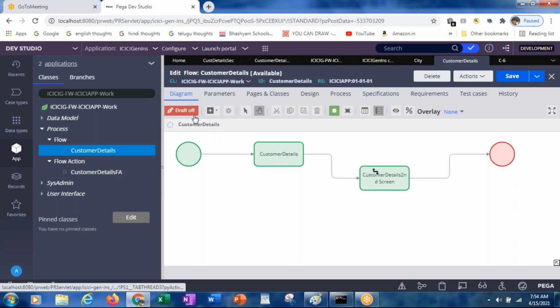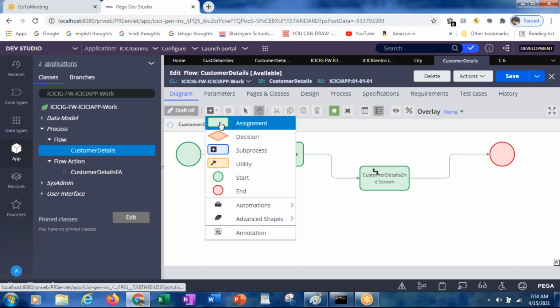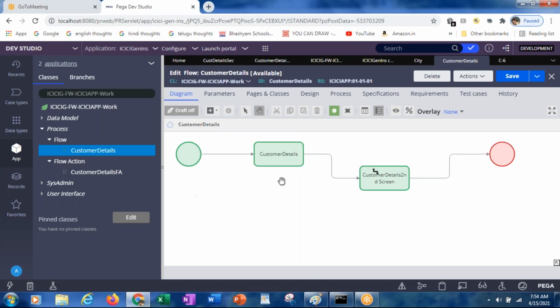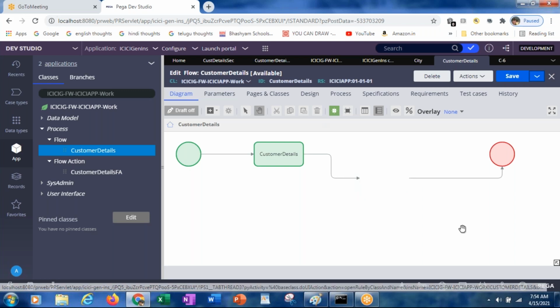After the draft on and off, we have added some of the shapes. In case you don't want any shape, you can select it and delete it here.